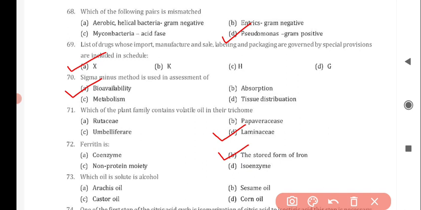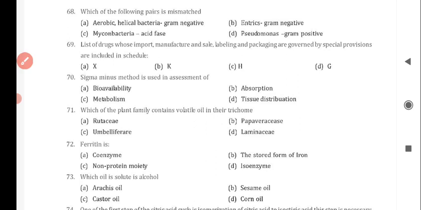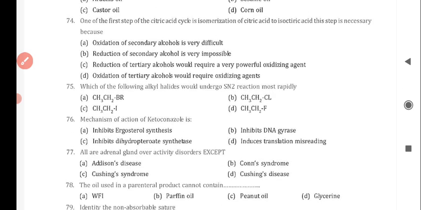Next question is, which oil is soluble in alcohol? So the correct answer is option C, castor oil. Next question is, one of the first steps of the citric acid cycle is isomerization of citric acid to isocitric acid. This step is necessary because, so the correct answer is option D, that is oxidation of tertiary alcohols would